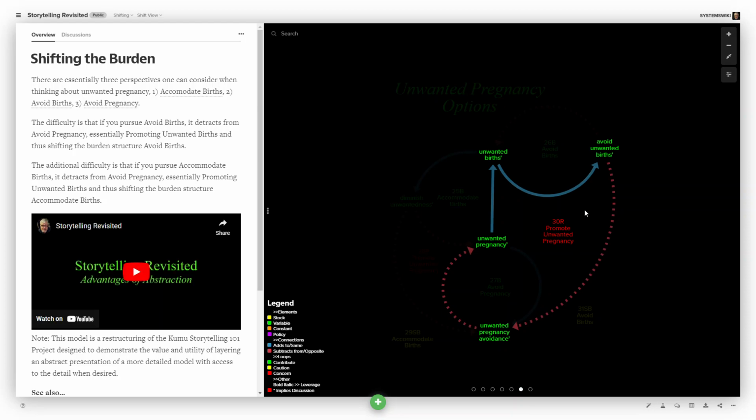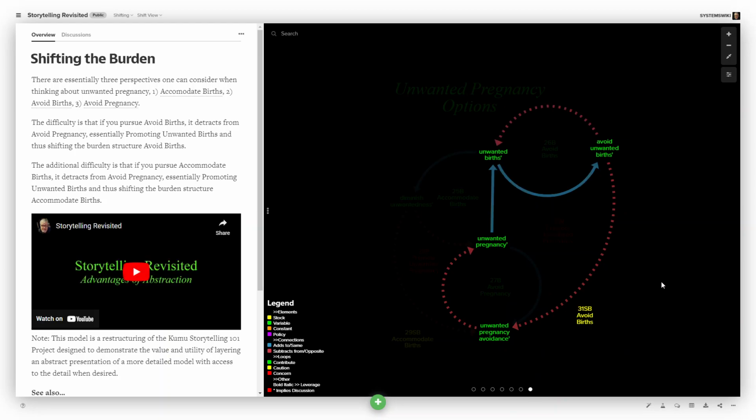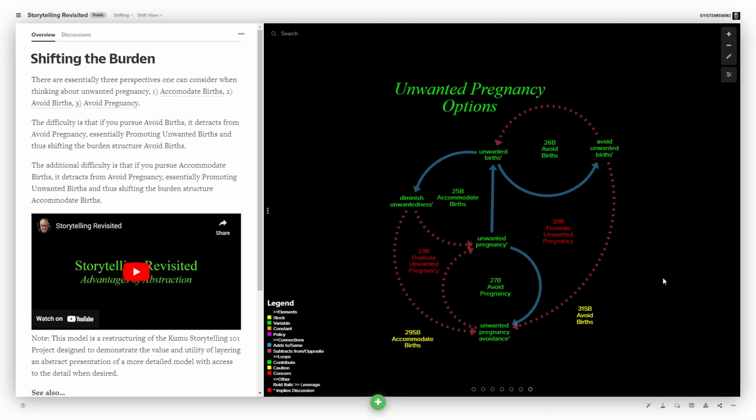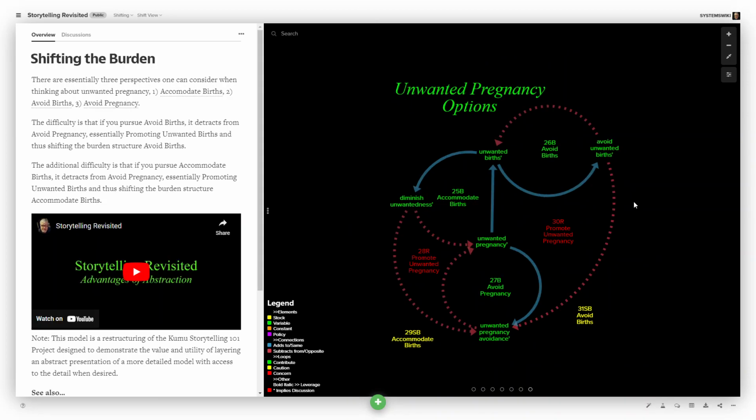Whereas part of this loop connects to part of this loop, and you end up with another vicious reinforcing structure to promote unwanted pregnancy, which forms another shifting the burden structure, which actually promotes unwanted pregnancy. So what happens is that this mess boils down to two shifting the burden structures mushed together,